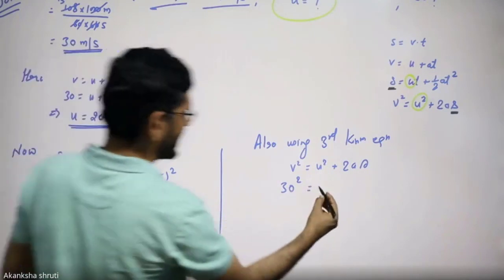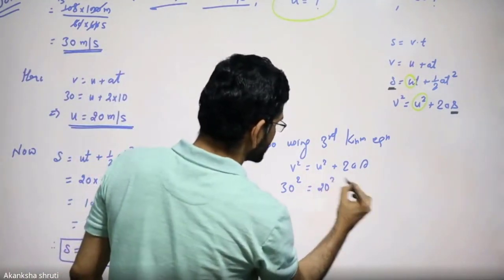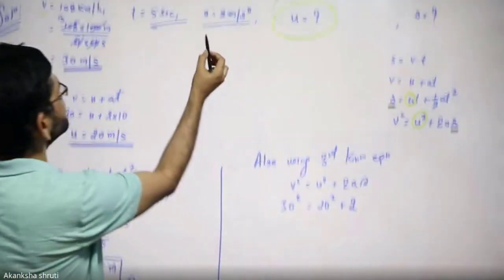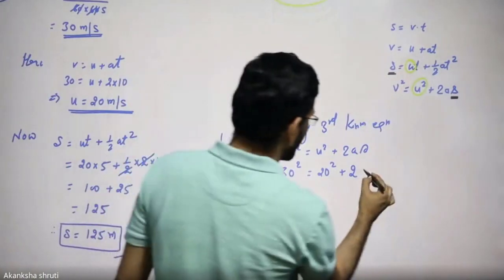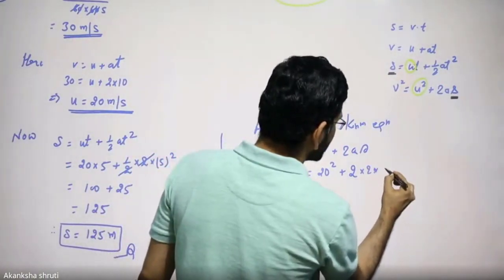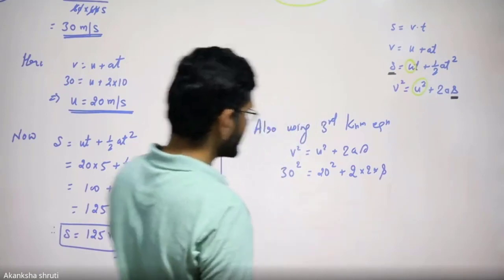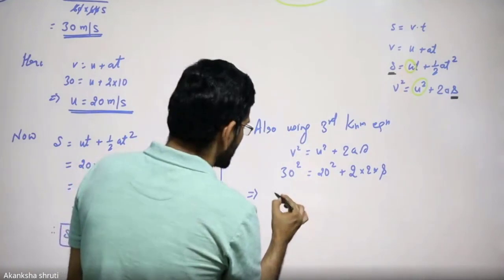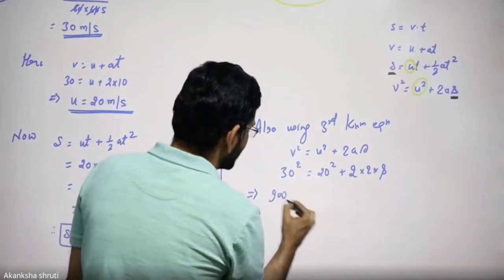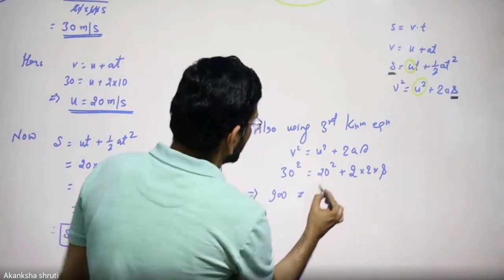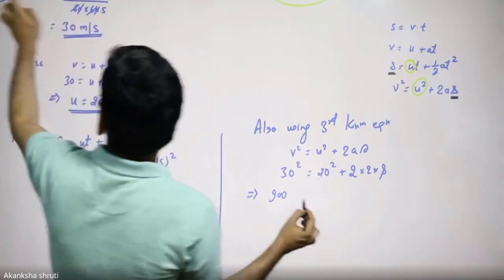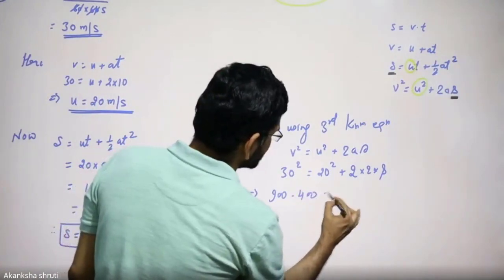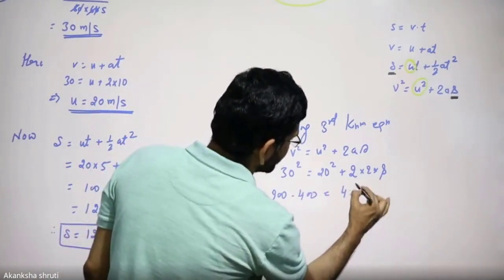So that's why we had calculated this as the 20 there is square plus twice the acceleration is already given to us, student. It is our 2 into the displacement S that we want to calculate. So go for simplifying this. It is how much? 30 square. If you wish, let me write this as the 900 is equals to, you may bring this 20 square, which is 400 on left hand side. So minus 400, 2 into 4 into S.